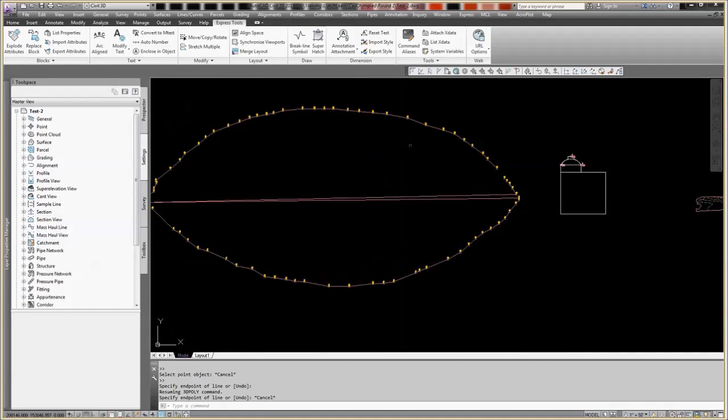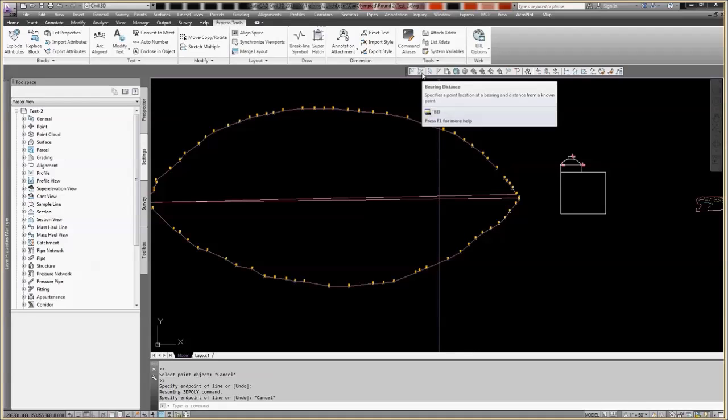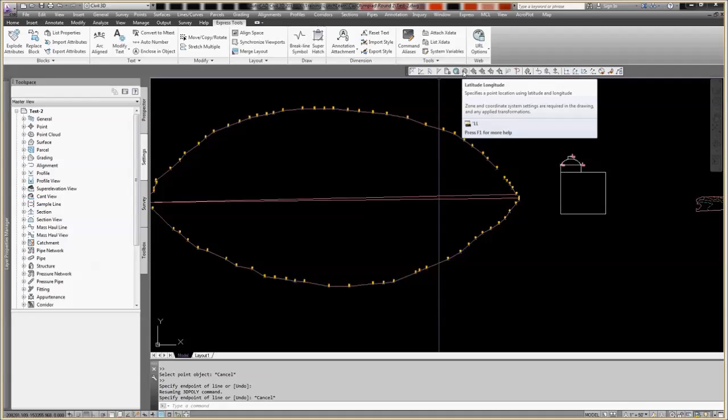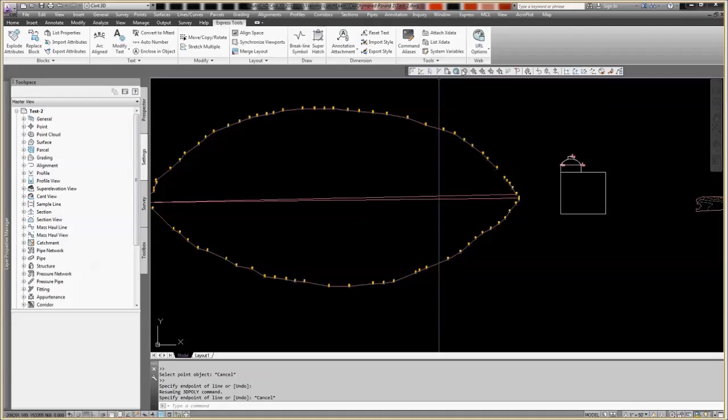So it's just one example of transparent commands, but looking at other ones, drawing lines by bearing and distance, really handy if you're replicating plat boundaries. Locating points by latitude and longitude. As long as you have a coordinate system set, you can locate points by lat long. So if a GIS person or anyone else is giving you lat long of something, that's really handy. There's the points,